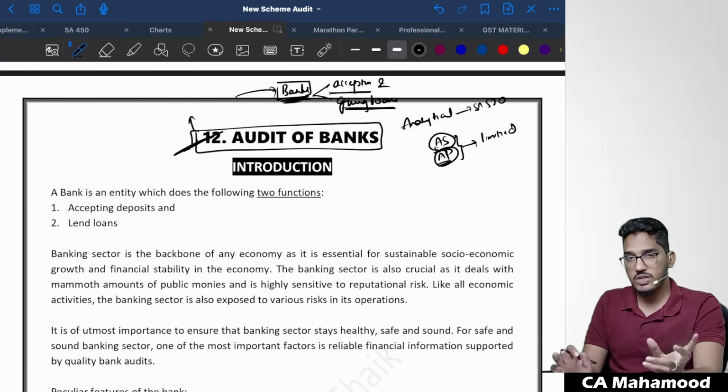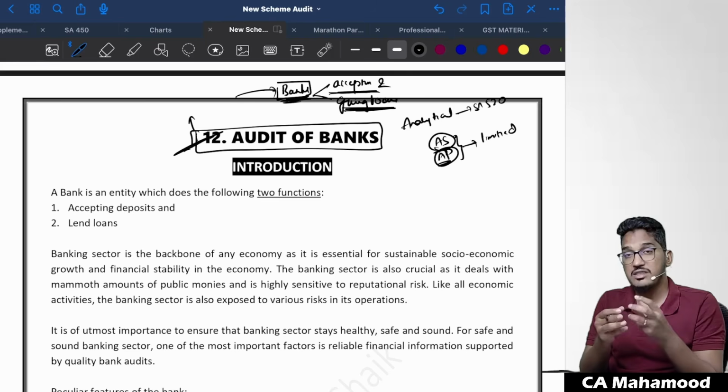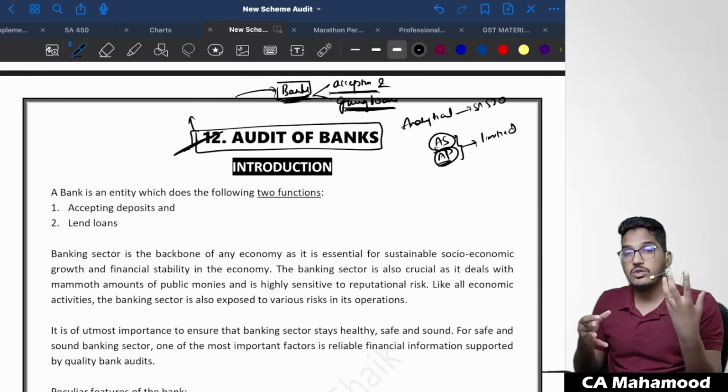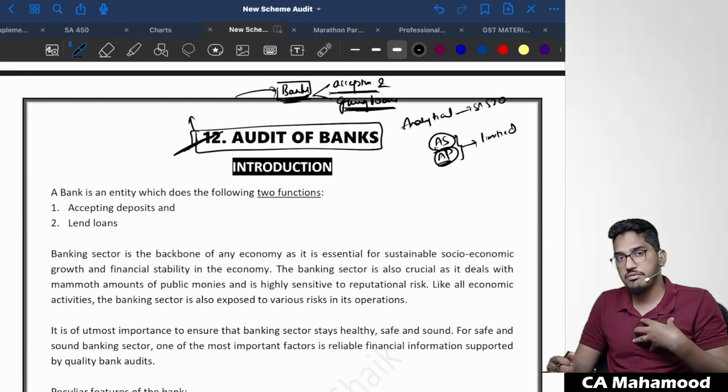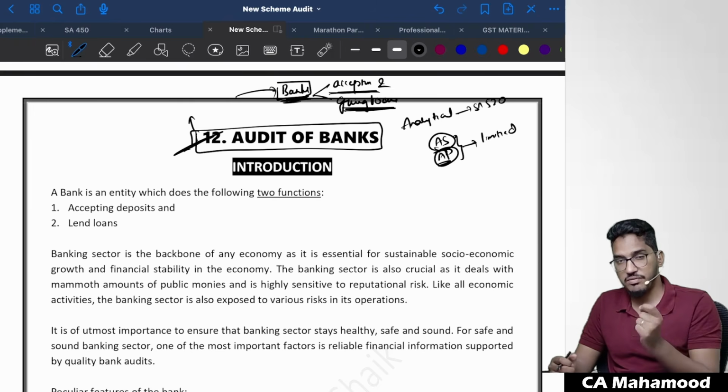Do you think banks also require audit? 100%. More than any other organization, the requirement of audit in banks is very high. Why? Because they are dealing with public money. And also, if you pay close attention, banks are considered places of trust. For example, if you have some excess money and I ask you to give me the money and I will keep it safe, will you give that money to me, or will you go and deposit it with the banker? You will definitely go and deposit it with the banker. Why? Because banks carry that trust factor.